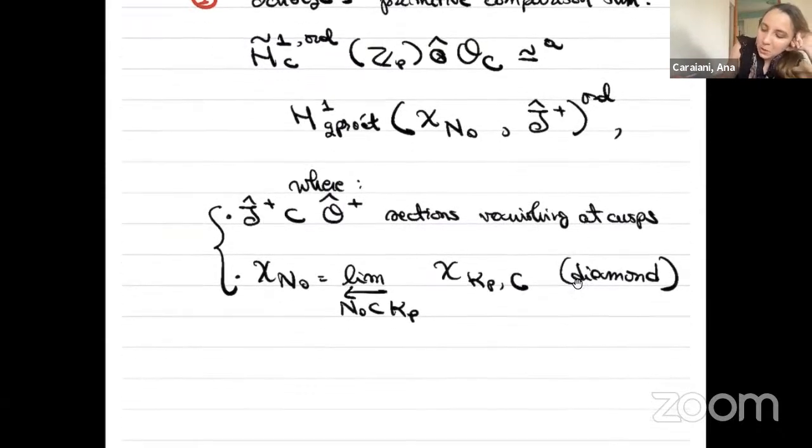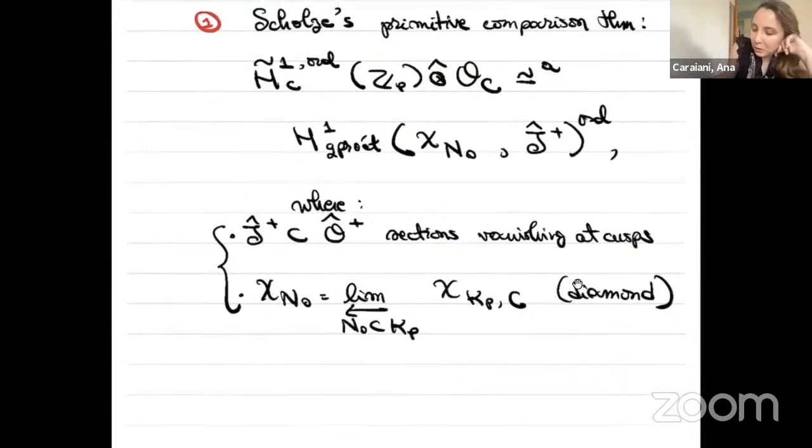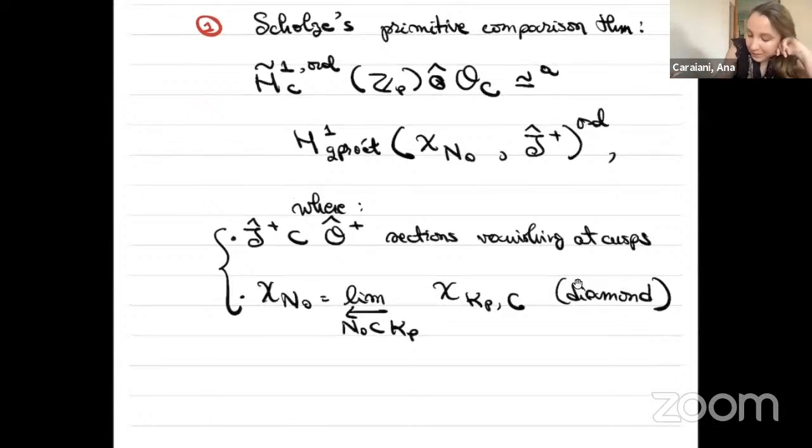Right, so at least, once you apply the primitive comparison theorem, you're at a point where you're slightly closer to coherent cohomology, except that you have this sheaf I hat plus, and you're on the quasi-pro-étale site of a diamond. Okay, so that's the first step. Second step is